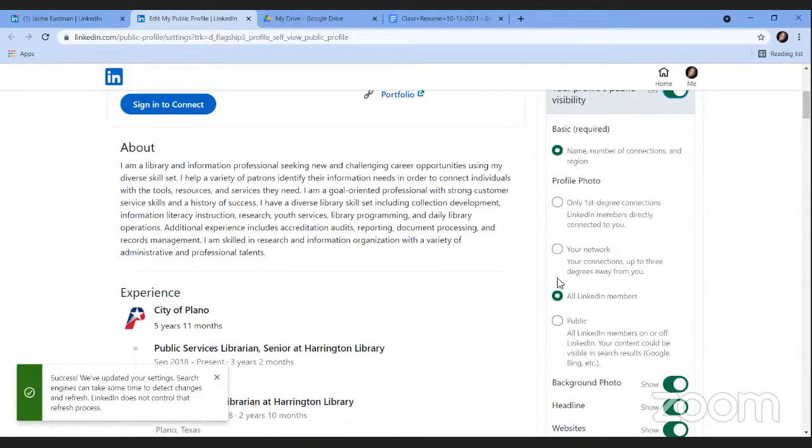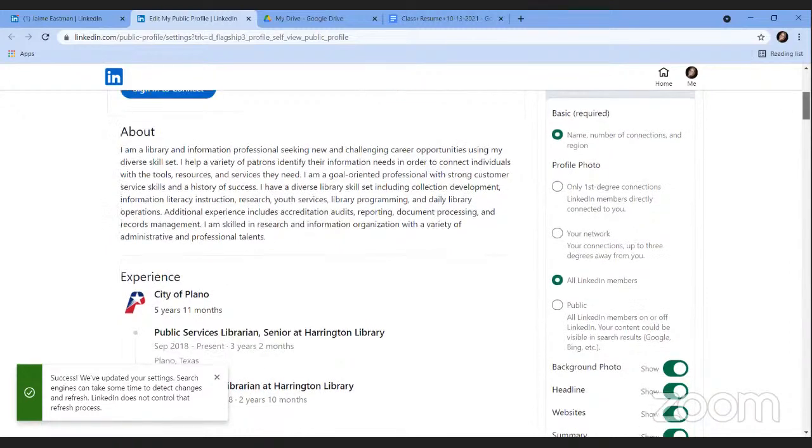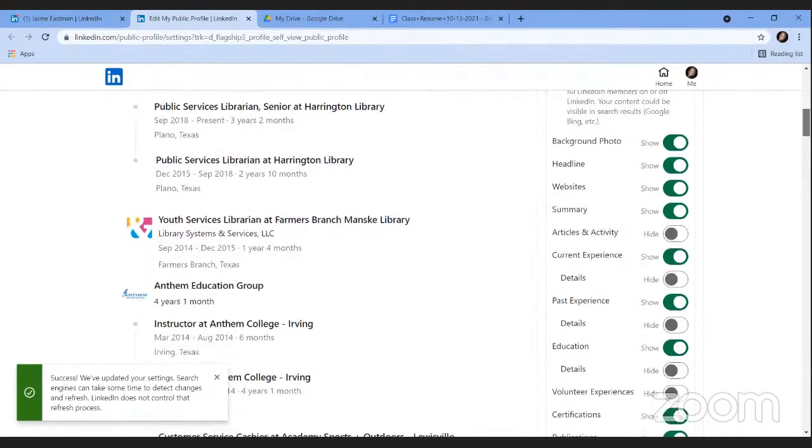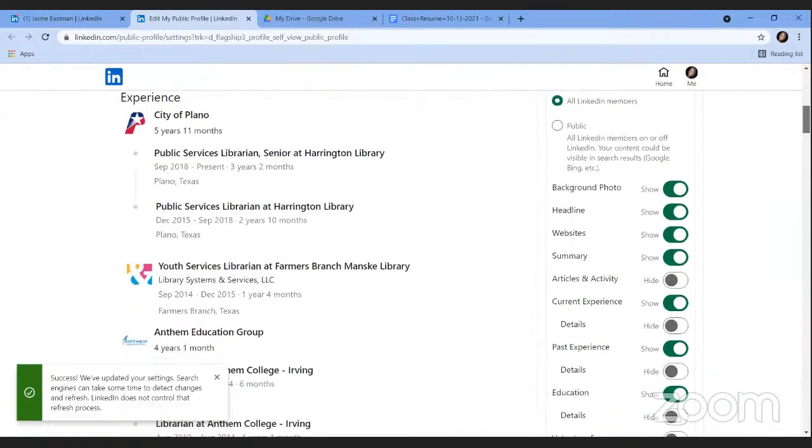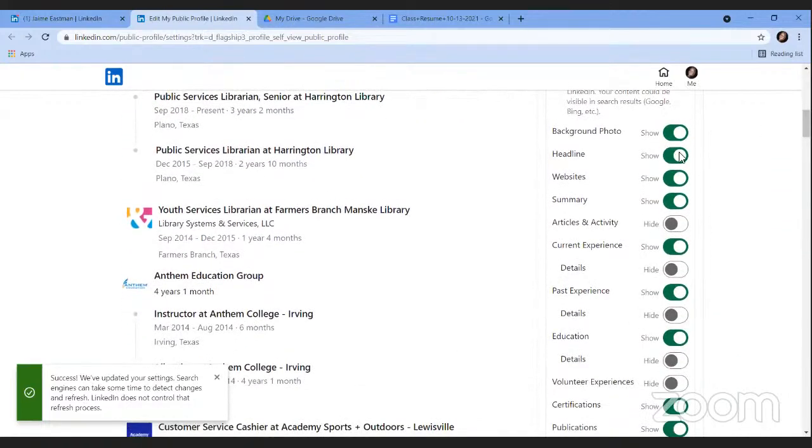So I can show that information to only people I've directly connected with, to all members, or to people who are within my network that I may or may not be directly connected with. And I will turn all of that information on and off using that show hide button.